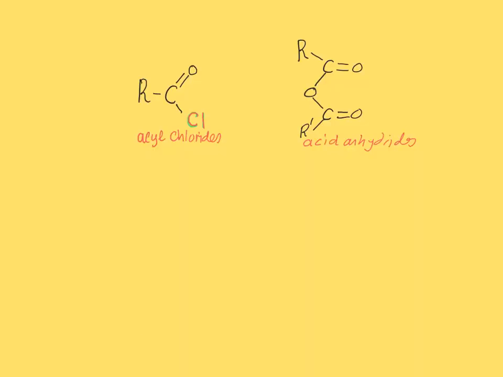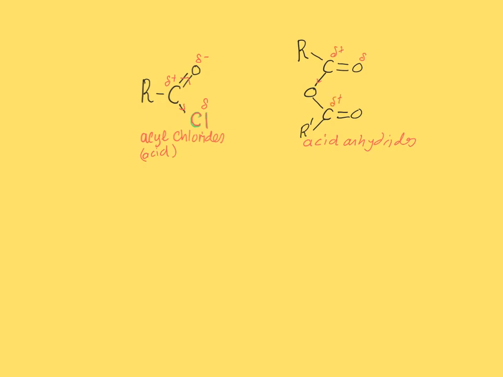If we look at the structure of acyl chlorides or acid chlorides, we can see that in both structures the carbon in the carbonyl compound is electron deficient because it's attached to an electronegative oxygen. In the case of acid chlorides, it's also attached to a chlorine atom, which is more electronegative than the carbon. So electrons are pulled away, resulting in a very electron deficient carbon atom. In acid anhydrides also, the carbon is attached to an electronegative oxygen and also another electronegative oxygen, rendering it also